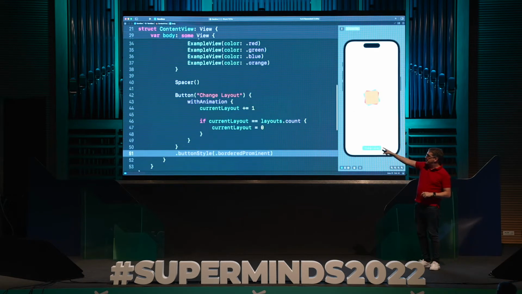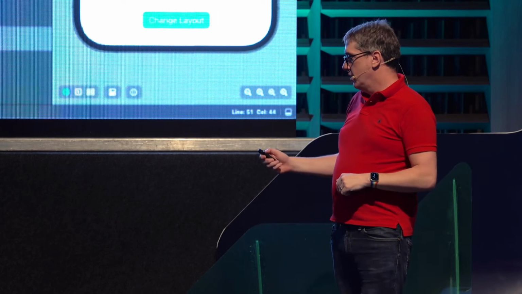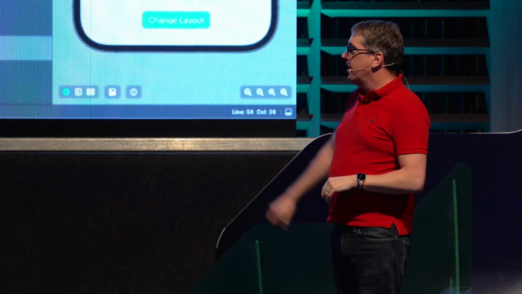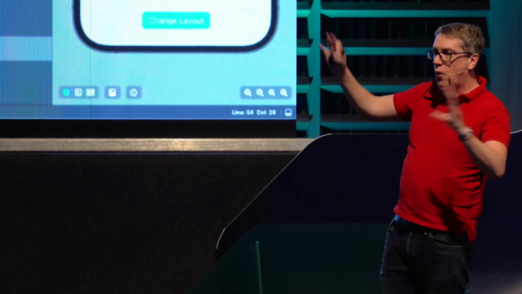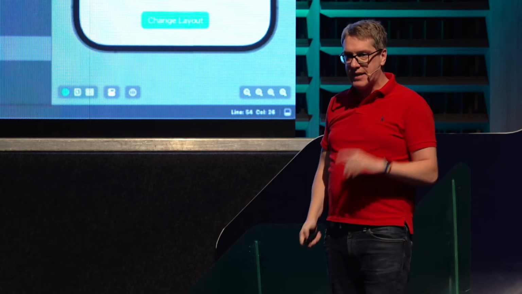And add a button that will change the animation, the layout every time, again and again and again. Whenever it's pressed, add 1, then loop back to 0 again, add 1, back to 0 again every time. To make it easy to see, I'm going to add a maximum width and height as well. So it'll fill the whole area with a gray background color so you can see what's happening here more clearly,